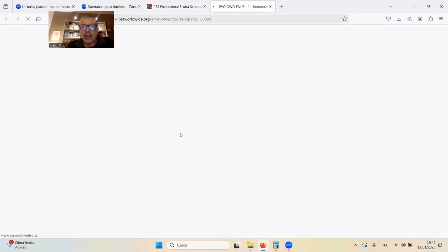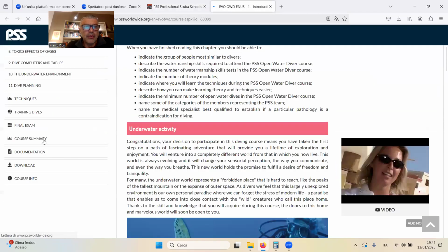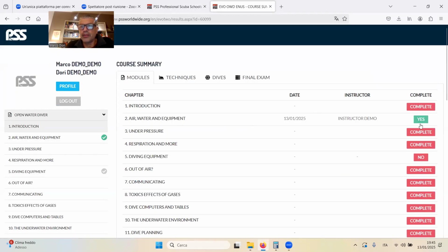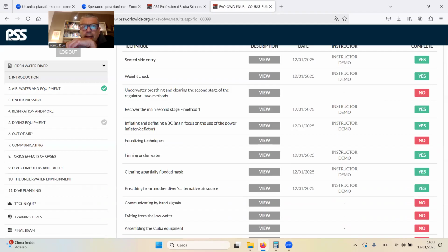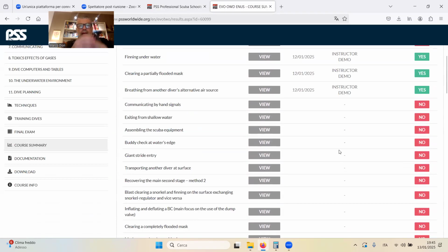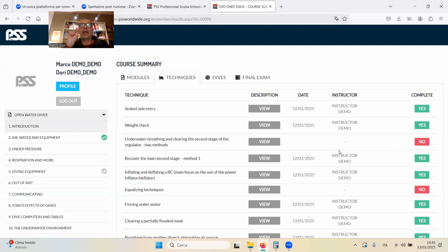So now I am back as the student. Here I have a course summary. In this case, this page will change. As you can see, now I have this green button that says it is completed, and this page will change and I will have a review of all the activities. I have to click approve. Then the student receives a confirmation code by email. He puts in the code, and